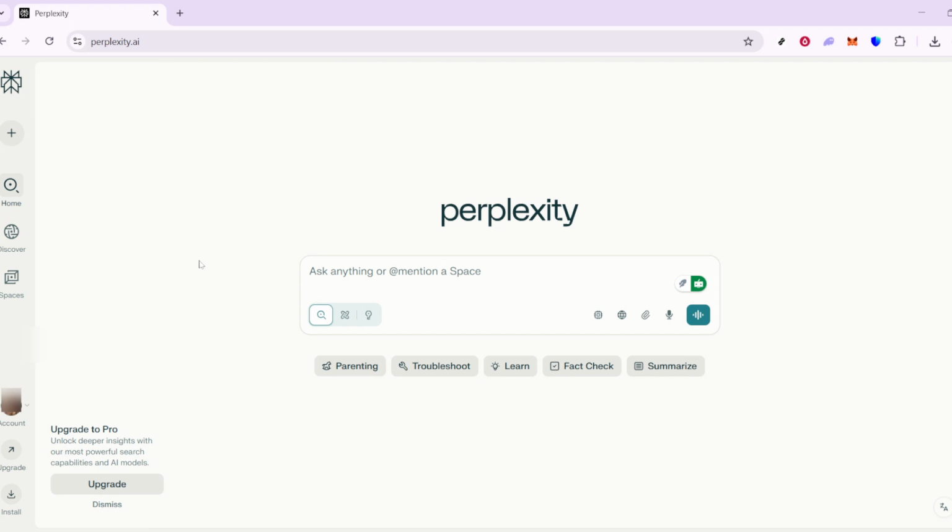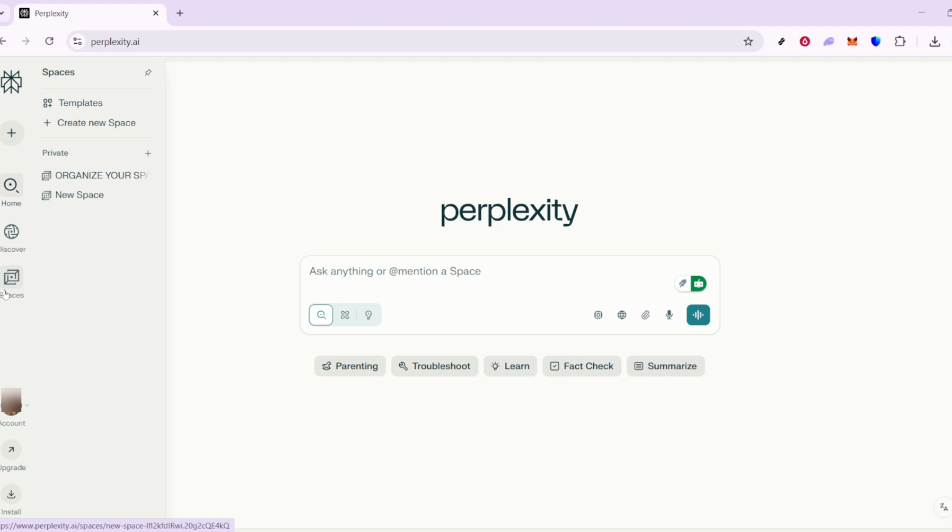Now that you're logged in, let's navigate to the Spaces section. Look over to the left-hand sidebar on your screen. You should see an option labeled Spaces. Click on it, and this will open up the Spaces dashboard for you. This is your central hub for managing all the spaces you create or follow, so it's a key place to